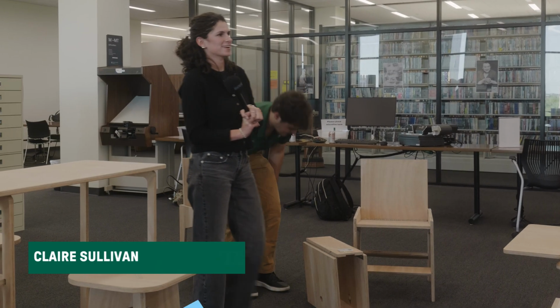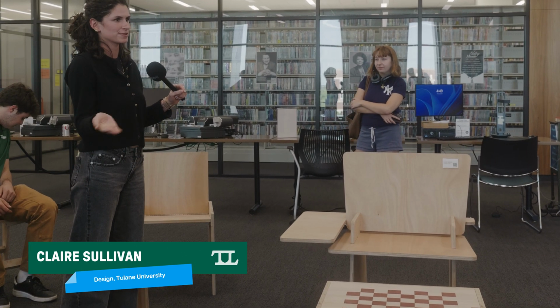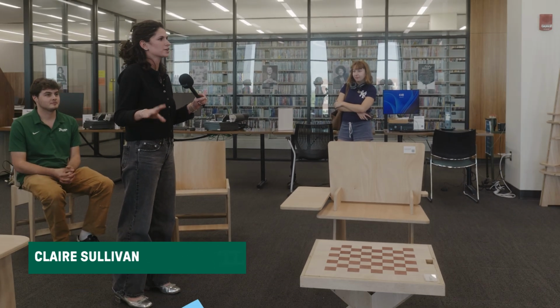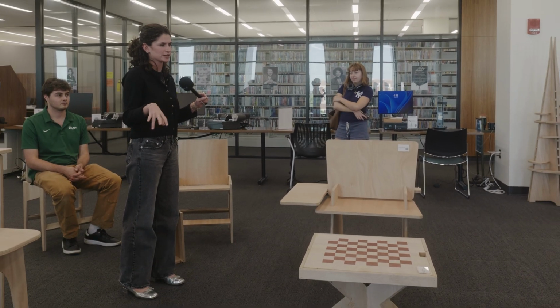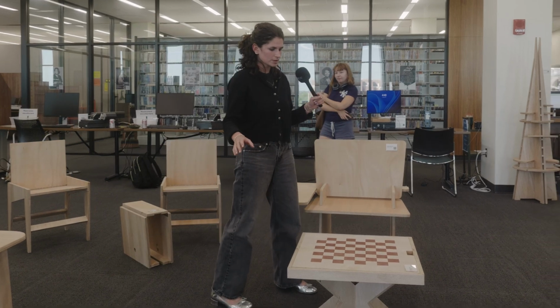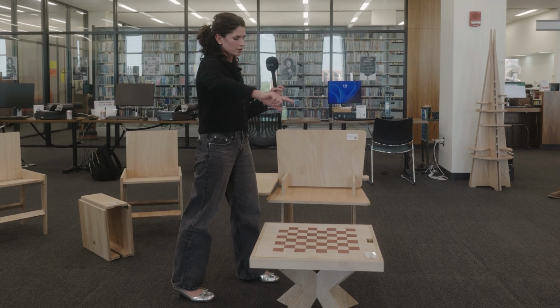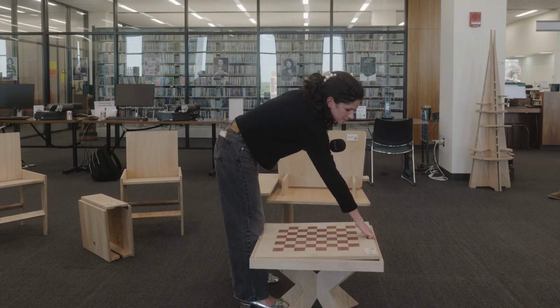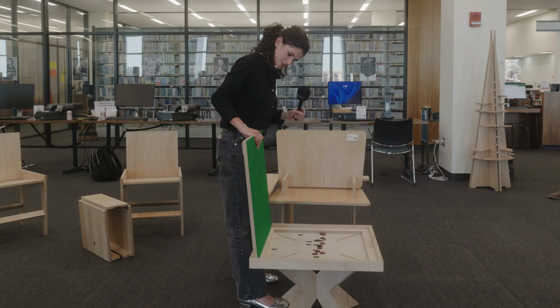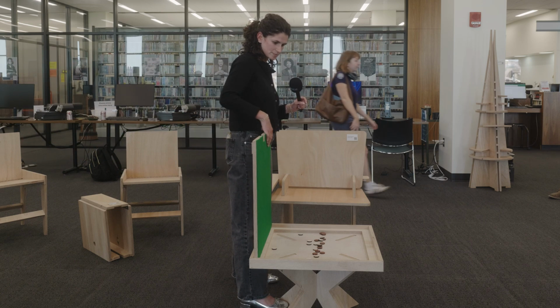Hi, I'm Claire. This is my games table. I wanted a space in my living room at my house here at college that my friends and I can play card games or checkers or chess. It's sort of designed so we can all sit around it and it fits right within the little nook of our couch. When you flip it up, there's some felt for playing cards, and then you can store all of your pieces beneath